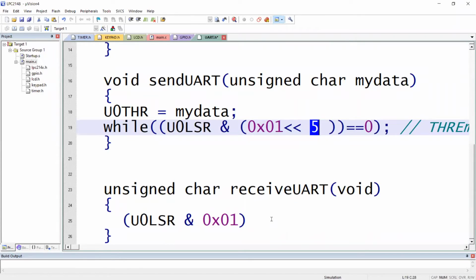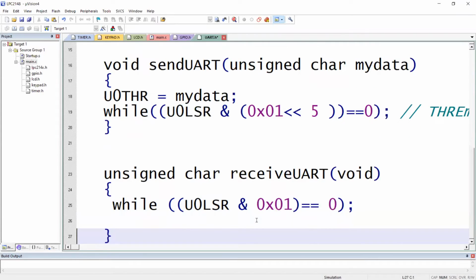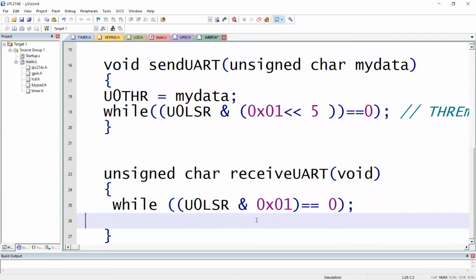So the very first bit of the UART0 line status register contains the flag for receive data. What is the name of the flag? Receive buffer register full flag. Transmit holding register empty flag, receive buffer register full flag. That flag will become 1 at the moment a complete data is received by the microcontroller. So I'll check whether it is equal to 0. If it is equal to 0, what does it mean? It means that the microcontroller has not received any data. So in that case, we have to keep waiting here. As long as the receive buffer register full flag is 0, I keep waiting. The moment it is 1, it means somebody has given me data which I would read.